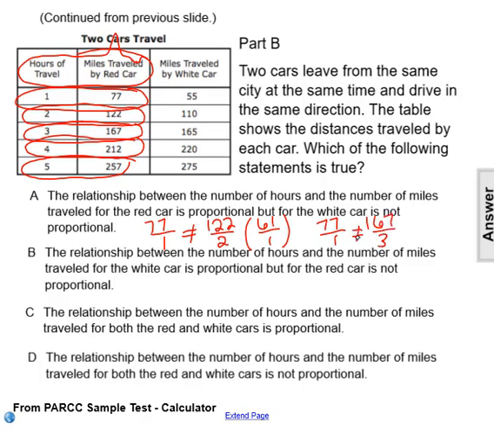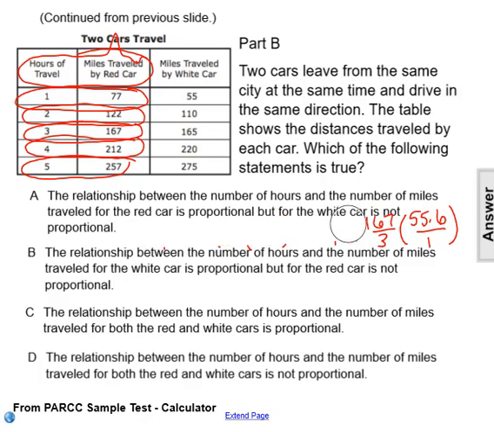They're not equivalent ratios. 167 over 3, even if I simplify, is 55.6 over 1. So they're not equivalent ratios in the table. So the relationship between the number of hours and the number of miles traveled for the red car is not